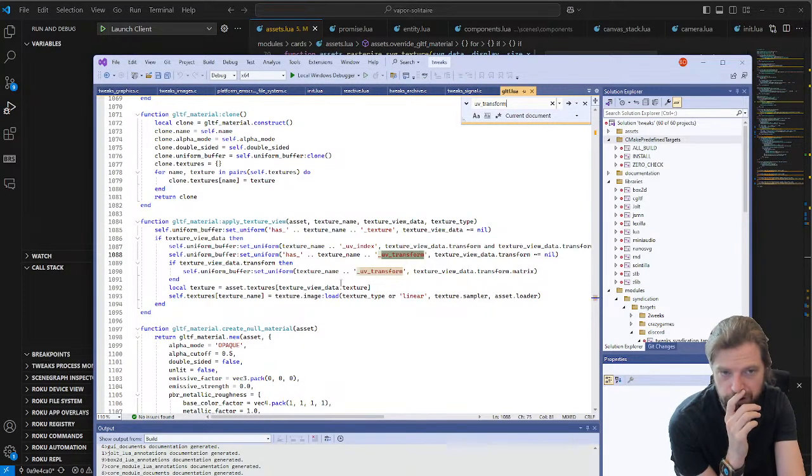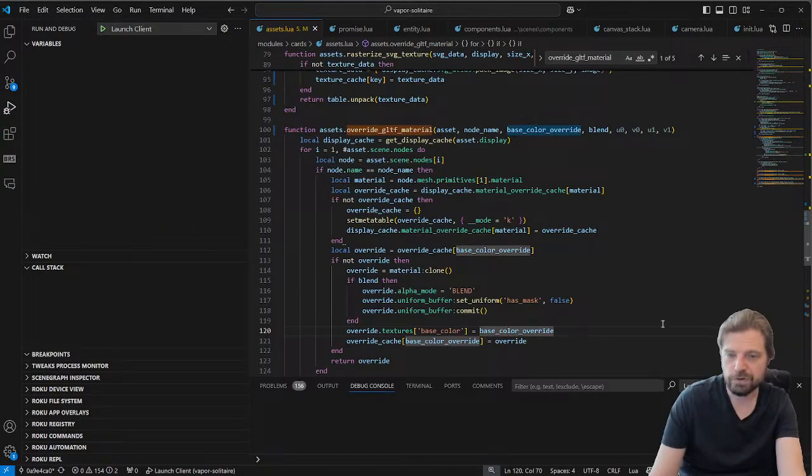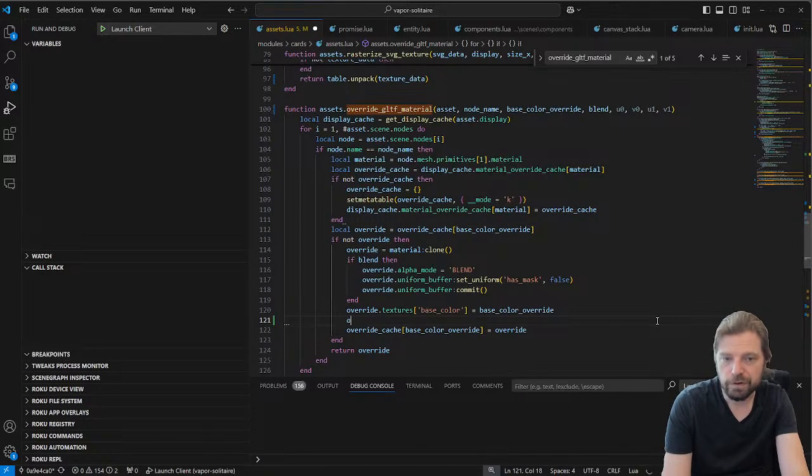Okay, so we've already cloned this material, and so it looks like what we can do is set this base color UV transform property to true. And then it is using a 3x3 matrix to transform that. So let's go ahead and do that. And we'll just pass it an identity matrix for now and make sure we didn't break anything any worse than we already have. So we want to do override